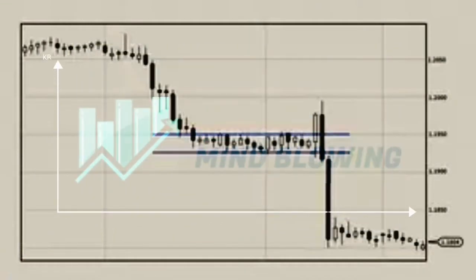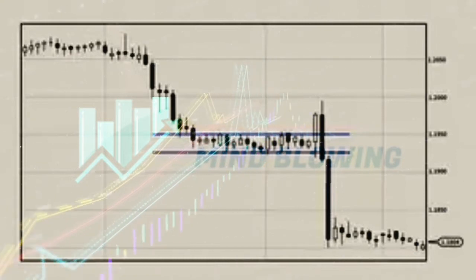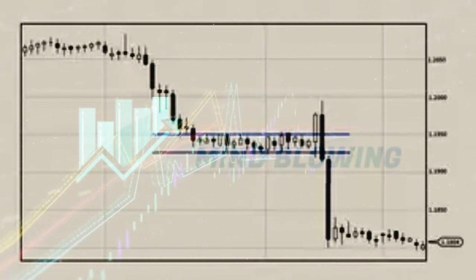The most common way to trade news is to look for a period of consolidation or uncertainty ahead of a big number and to trade the breakout on the back of the news. This can be done on both a short-term basis, intraday, or over several days. Let's look at the chart as an example.